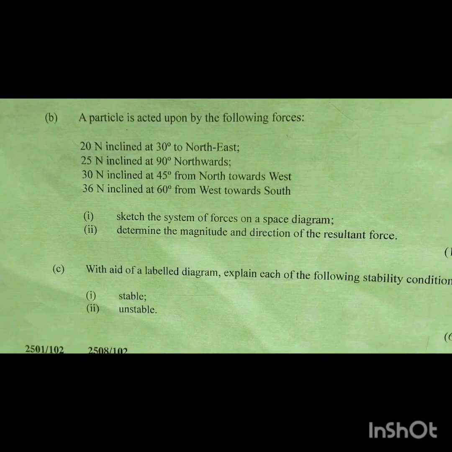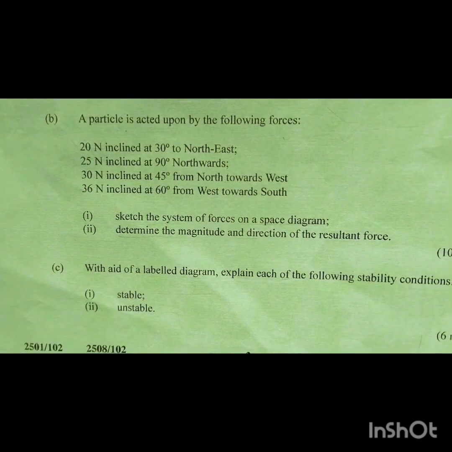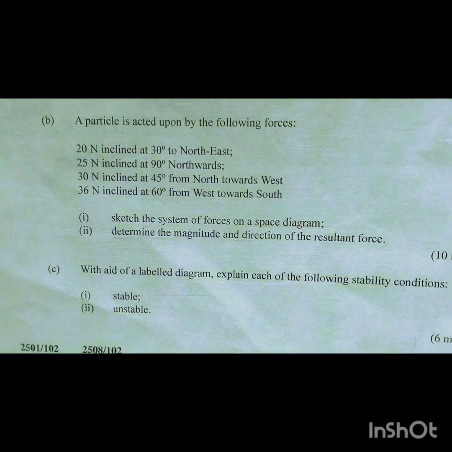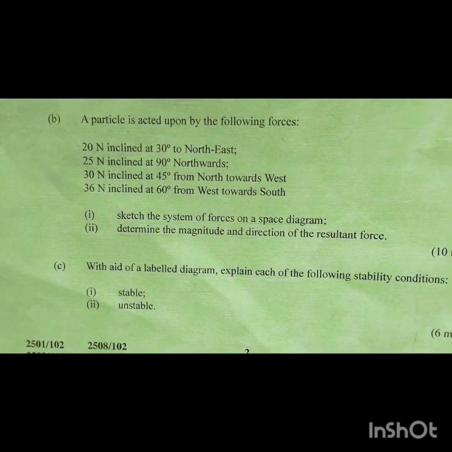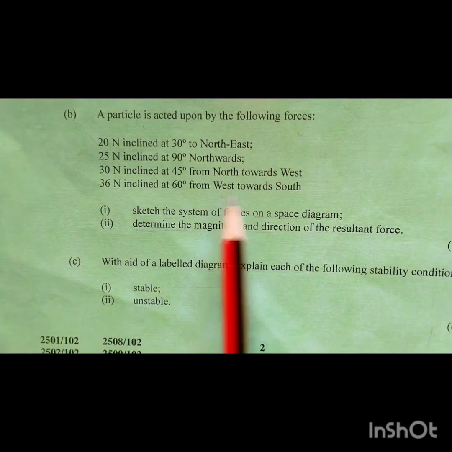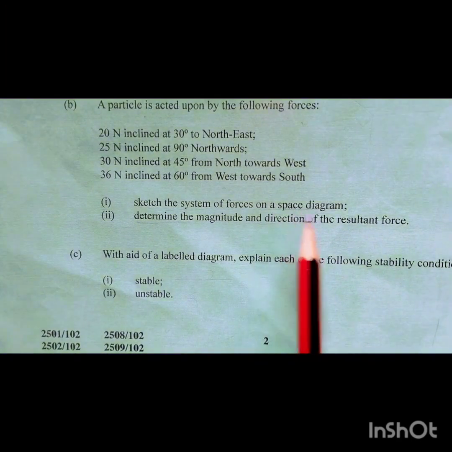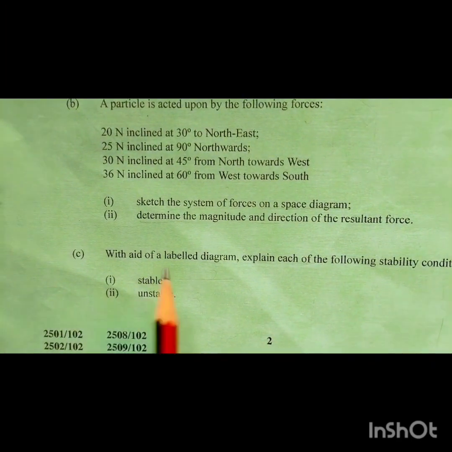A 20 Newton force inclined at 30 degrees to northeast, 25 newtons inclined 90 degrees northwards, 30 newtons inclined 45 degrees north towards west, 36 newtons inclined at 60 degrees west towards south. The question says that we sketch the system of forces on a space diagram and determine the magnitude and direction